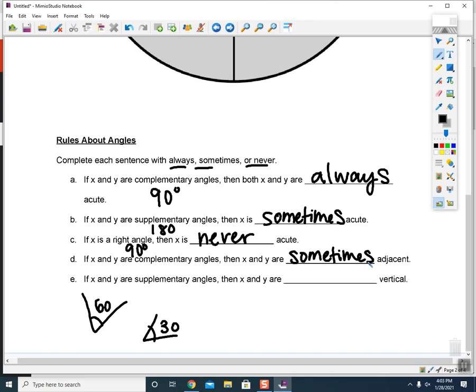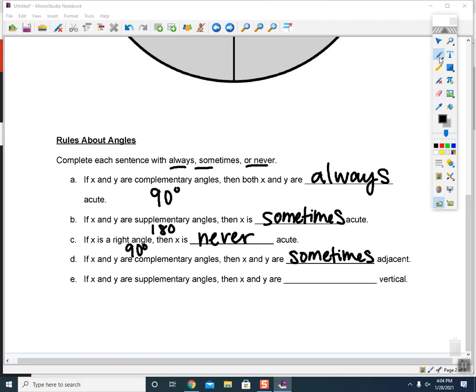Because most of the time, in the ways that we're going to use them, they will be adjacent, but they don't have to be, okay? If x and y are supplementary angles, then x and y are... this one takes a little bit of thinking. So,